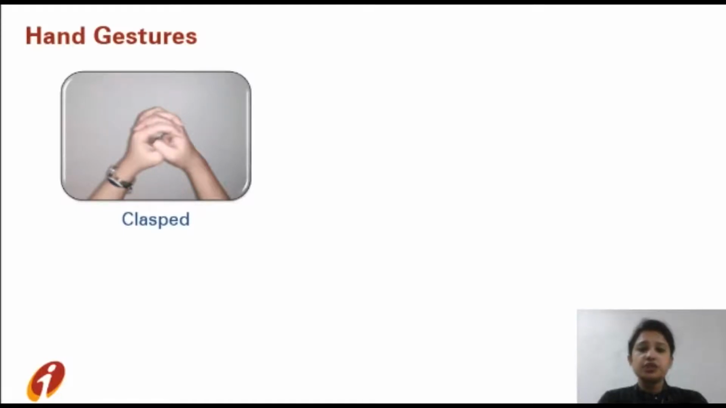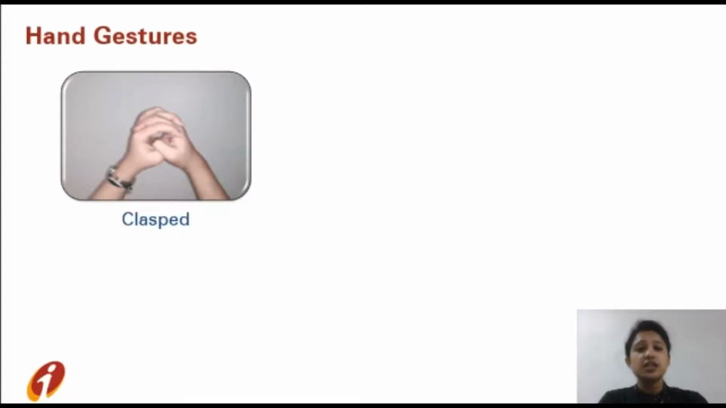The first picture that you can see here is the fingers are clasped together, but the palms are not joined like this, but it is in this position. The fingers are clasped, a clasped hand position. When we see the speaker using such a hand gesture, it means the speaker is not much confident about